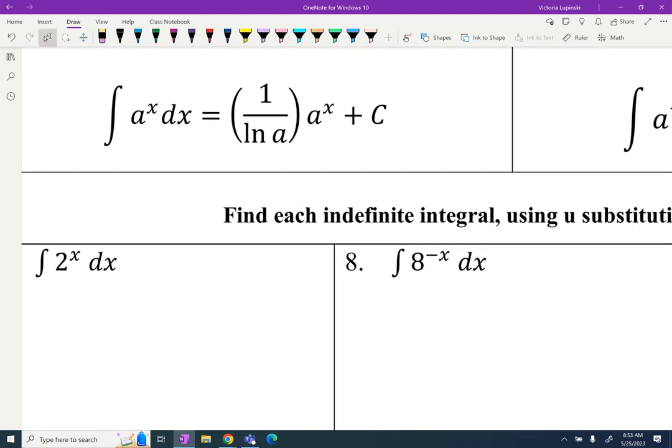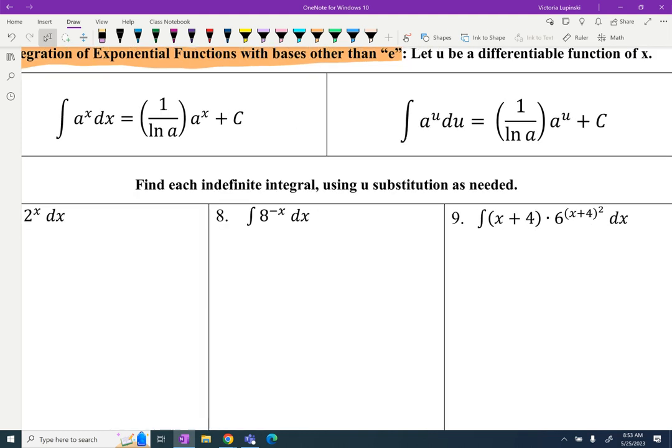If you're integrating a to the x, you are going to integrate it as 1 over the ln of a times a to the x plus c. And if instead of being a to the x, it's a to the u, it's the same exact formula, except you're going to be using u's instead of x's. And again, for this one here, you're going to continue using u substitution, which has served us so well up